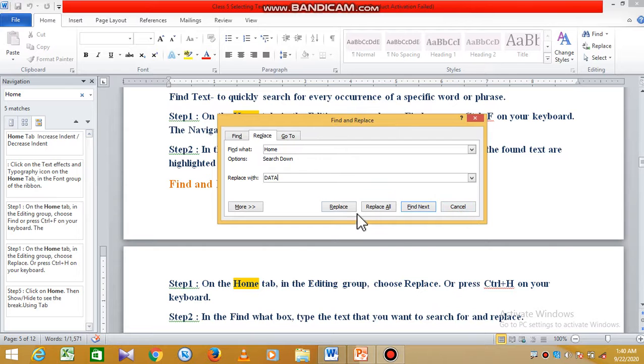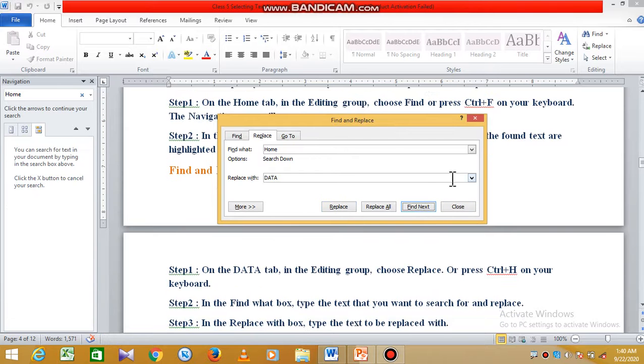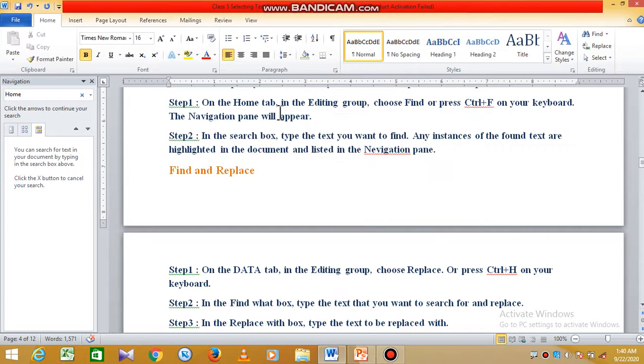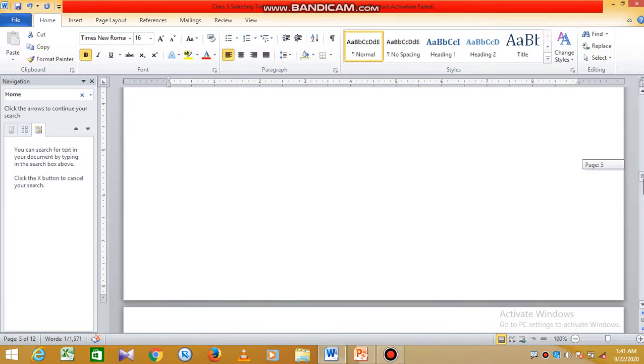So I am giving here replace, clicking Replace. Now you can check here, it has changed to data. Here you can see data, it has been replaced. Now in this way you can use the Find and Replace option.